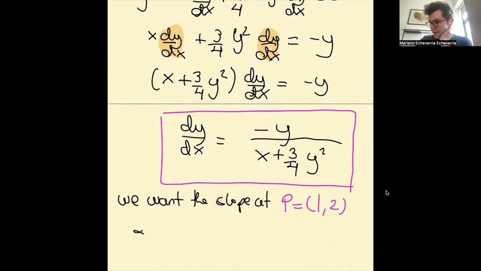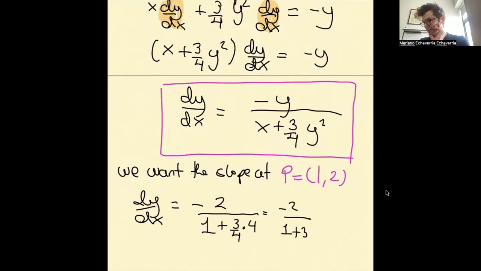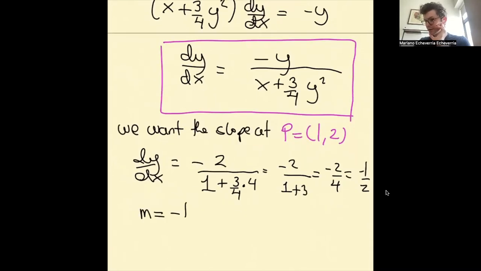So that gives you dy/dx equal to minus 2 divided by 1 plus 3/4 of y squared. Y squared becomes 2 squared, so this becomes 4. So it's minus 2 divided by 1 plus 3, so minus 2/4, so minus 1/2. So the slope is minus 1/2 at the point